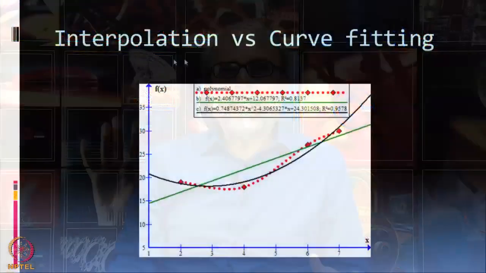At a later time in this course, we will consider these distributions, but the purpose of introducing errors right at the very beginning of numerical methods is to tell you that these are important and we should keep in mind that the final result that you get has an error in it, and I should be able to assess what the error is. So, the next task that we will consider is called interpolation.